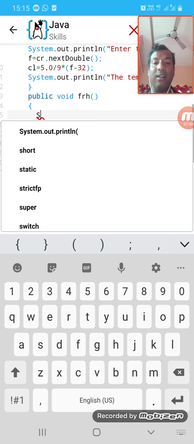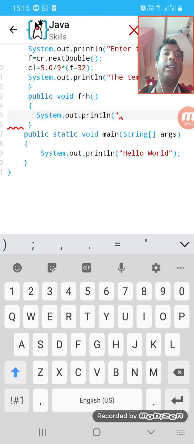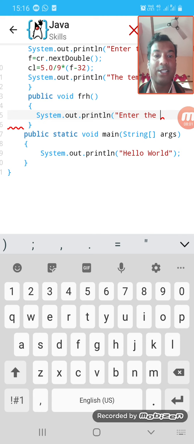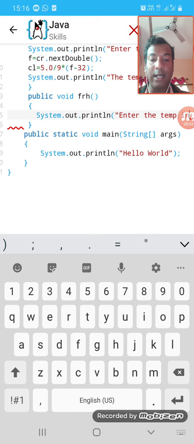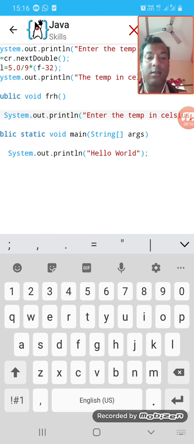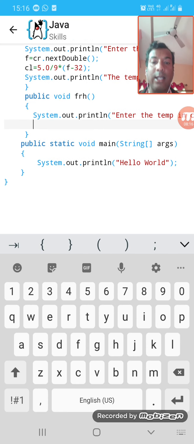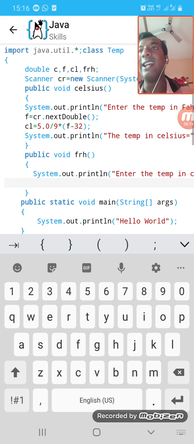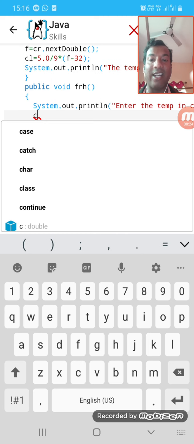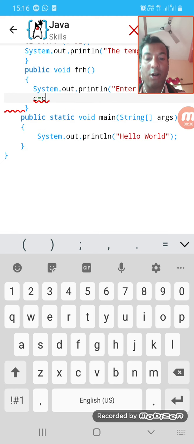Same way we declare here System.out.println and write the message, enter the temperature in Celsius. Then close the double quotation, bracket and semicolon. For Celsius, which variable do we use? We have already declared C as an instance variable. So C equals cr dot next double,